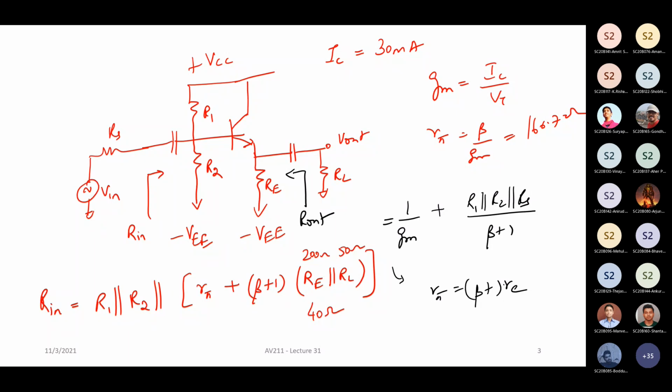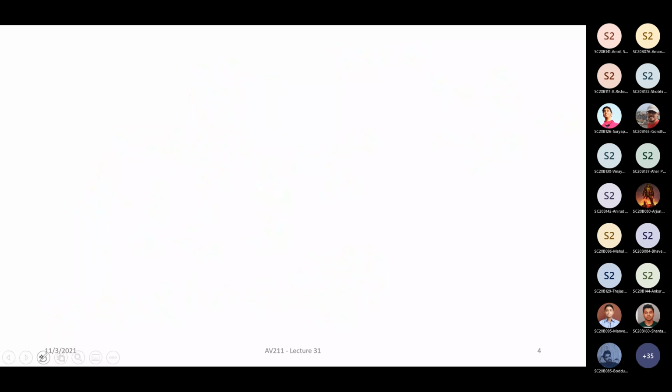Sir, there was one question about the headphone one. Someone is building an audio amplifier and he needs to drive a headphone with 64 ohms impedance. Which topology should he use at the last stage of his amplifier? Okay, so this is the same that you had done in lab also, or I had even before the lab, in the class also I had told.